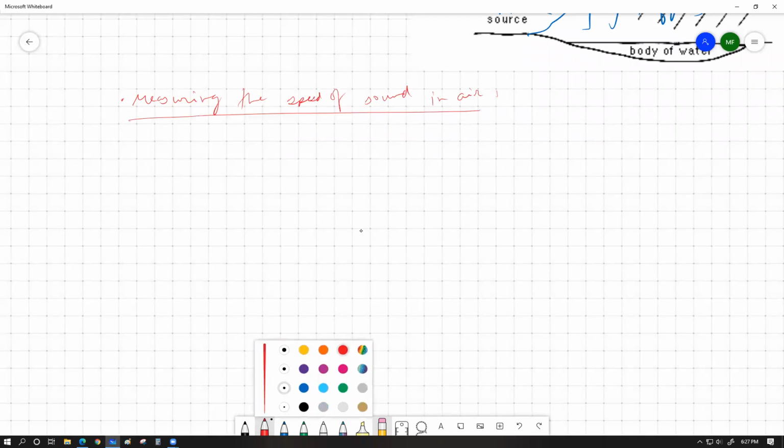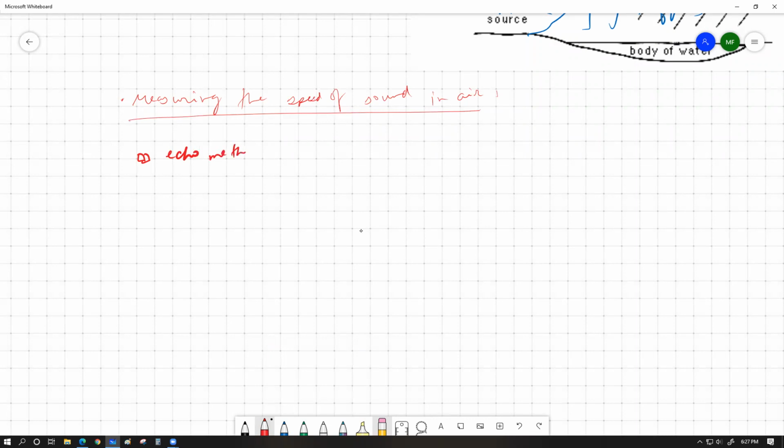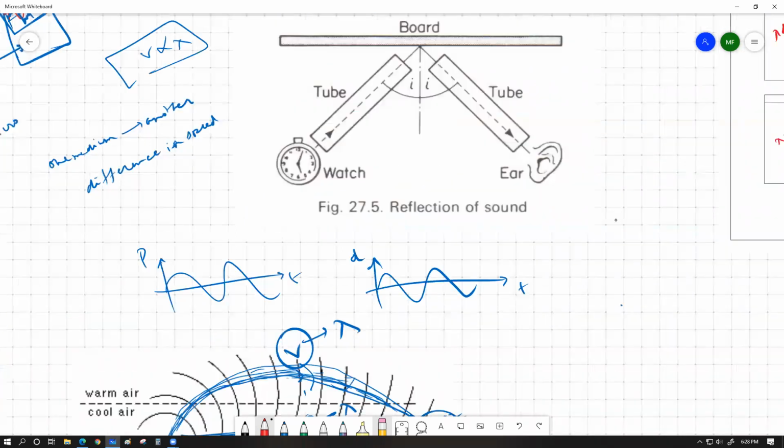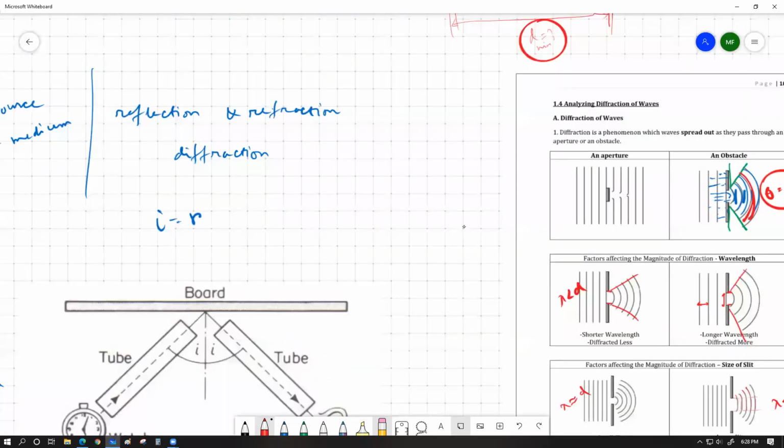Measuring the speed of sound in air. The first way we have is what we call the echo method that we discussed in the last class. The process is very much similar to the very last figure that we had seen in our last class,